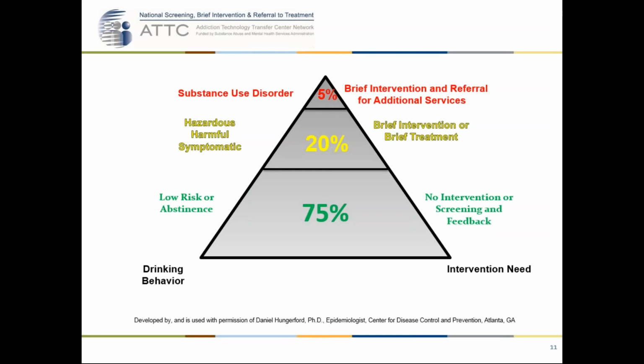is there. And then at the top of the pyramid, approximately 5%, in some populations maybe it's 7 or 8%, might meet criteria, and that's where brief intervention and a referral for additional services would be warranted. And I prefer to say linkage to additional health care services is really appropriate, delivering them to care, not just